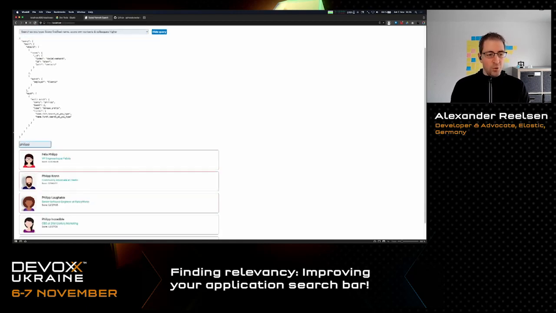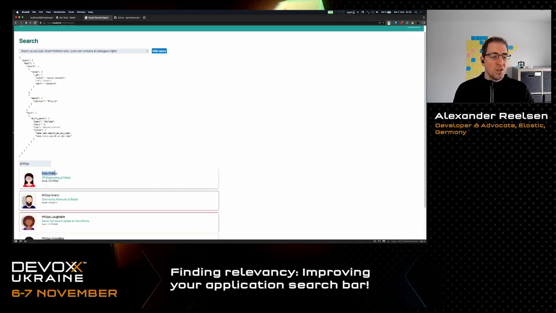And we could go further here and again change our query. And you can see here I added a boost. And the boost in this example means that the first and the last name search itself is considered more important than the should clauses. So even if someone is a contact, even if someone is a colleague of mine, we still want to make sure that the full text search match here is considered twice as important as it was before. And we would end up with the person with Philip having the surname up in our scores.